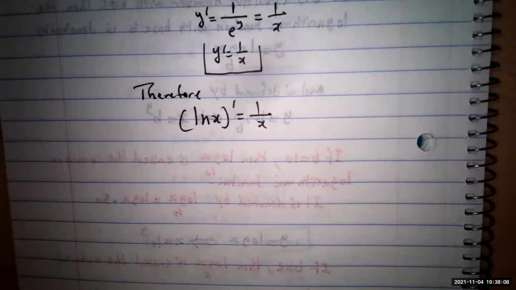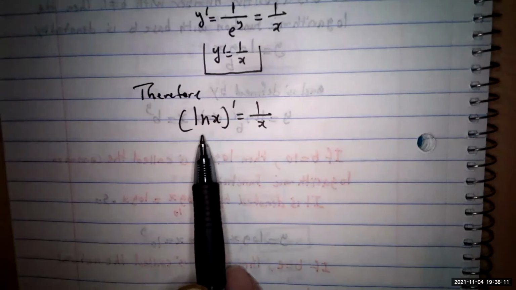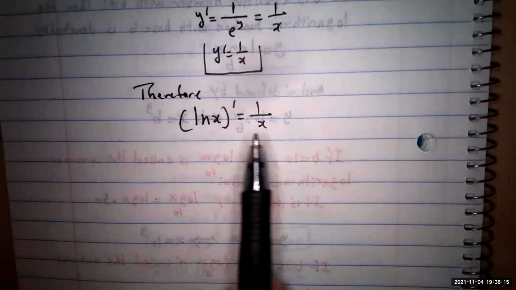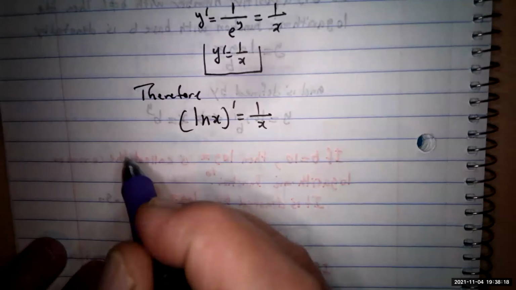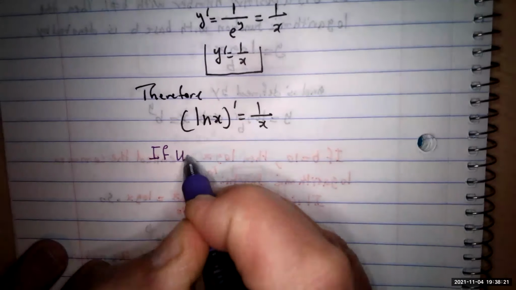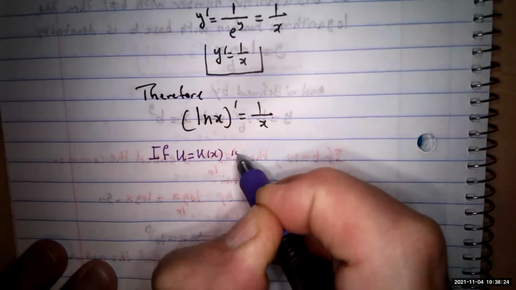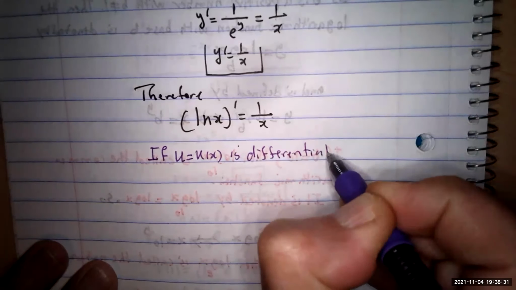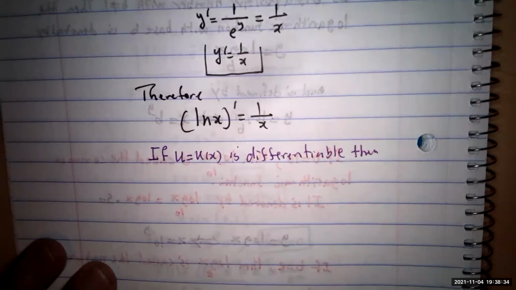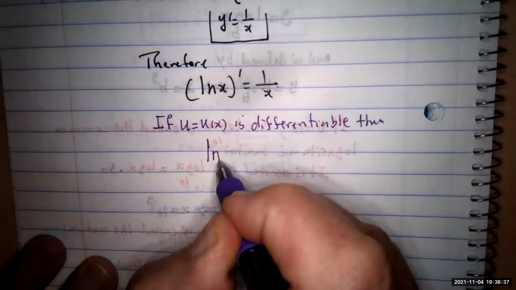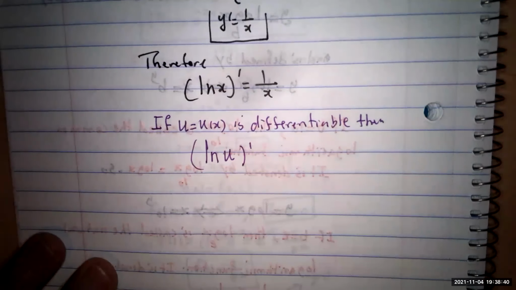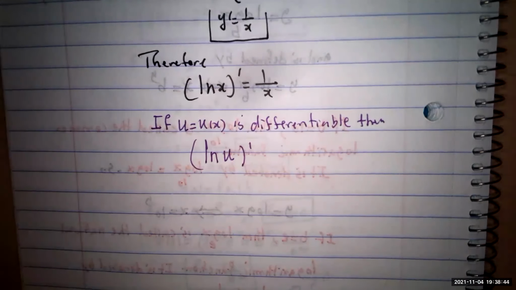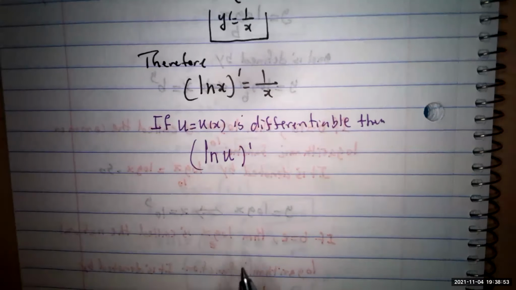Okay, but in general, sometimes you may like to find the derivative of ln of anything else, not just x, so you can make it better. Let's say u, as usual, equal to u of x, is a differentiable function. Then we have something much better. If you want to find the derivative of ln u, now you have to apply the chain rule because it's a two-function composition. The outside function is the ln function. The inside function is u. Remember the chain rule? It is equal to